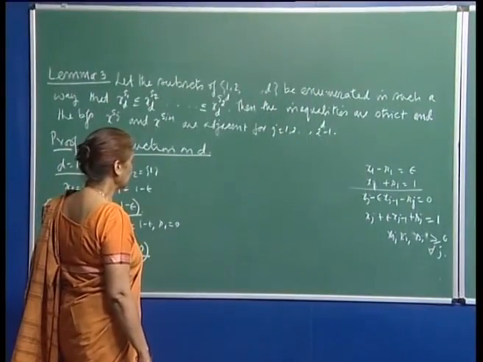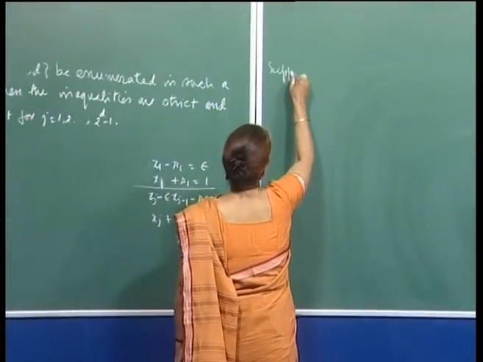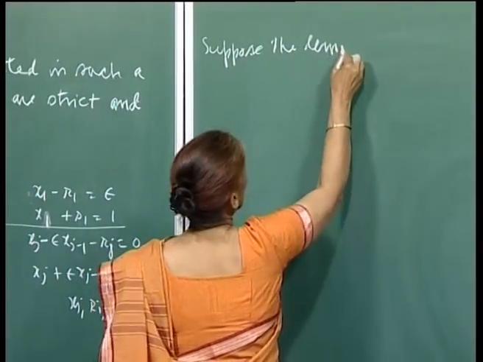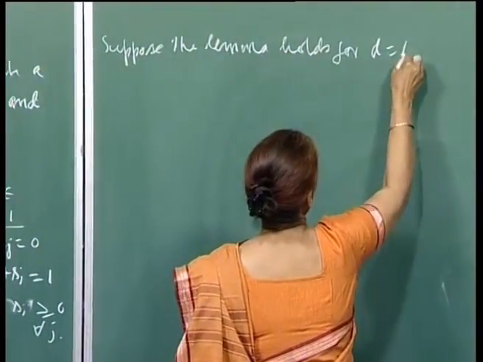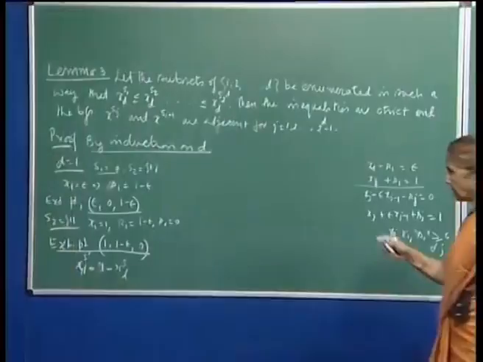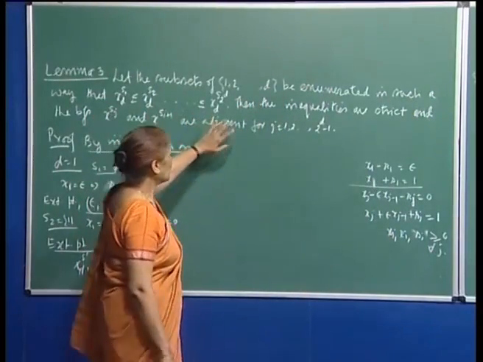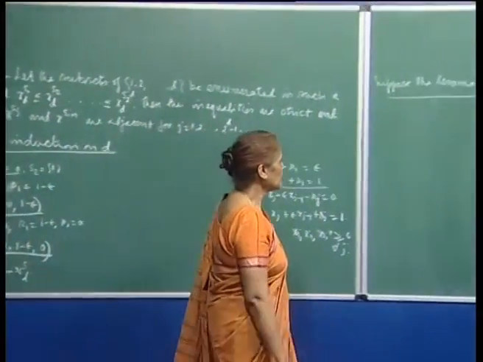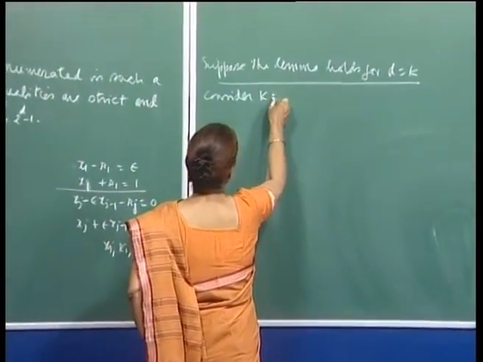Now, suppose we assume the lemma holds for d equal to k. Suppose the lemma holds for d equal to k, which means that I can enumerate the 2 raised to k subsets with this property, and the corresponding these things are adjacent and so on. So, suppose the lemma holds for this. So, now consider d equal to